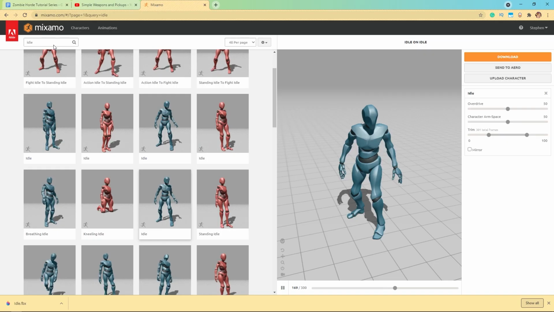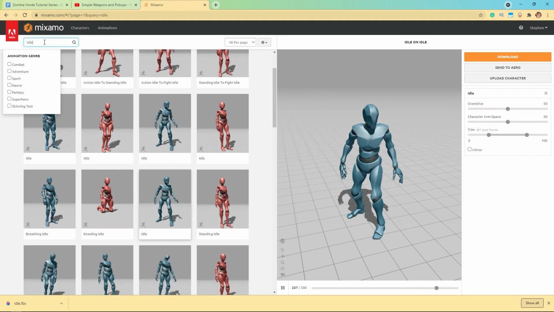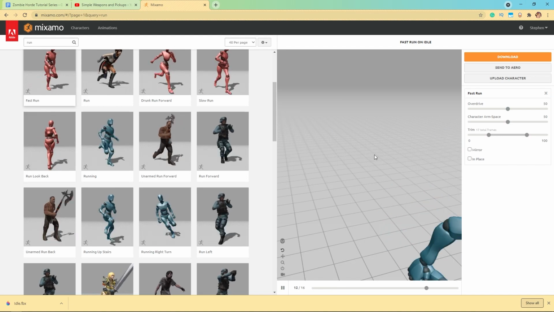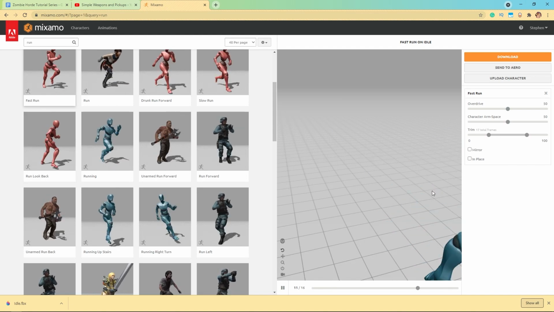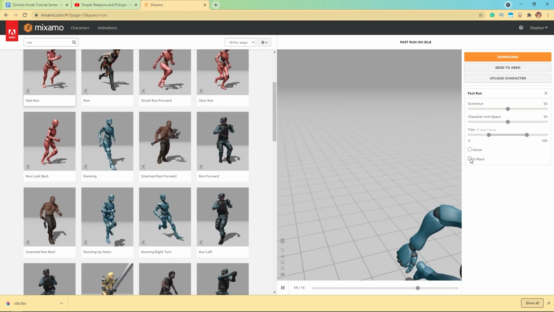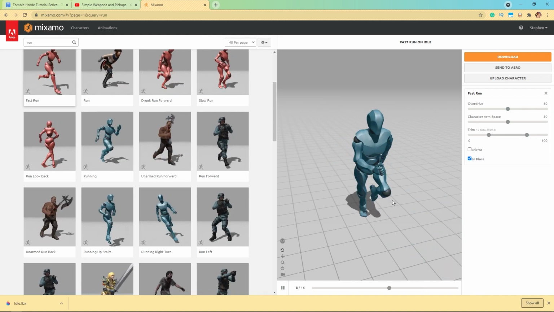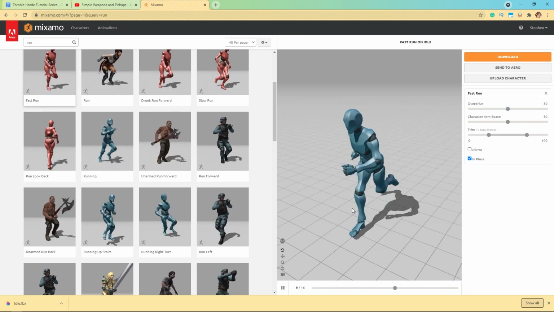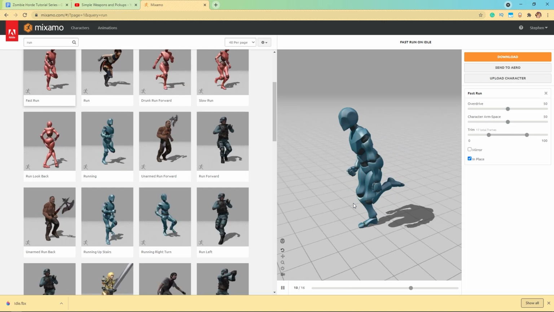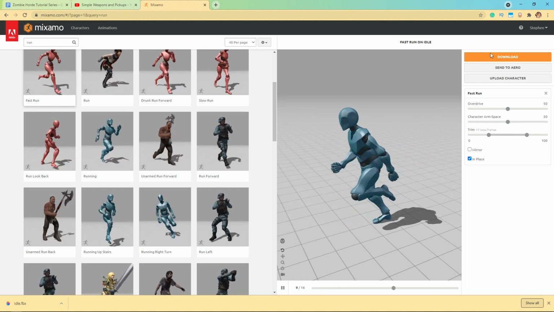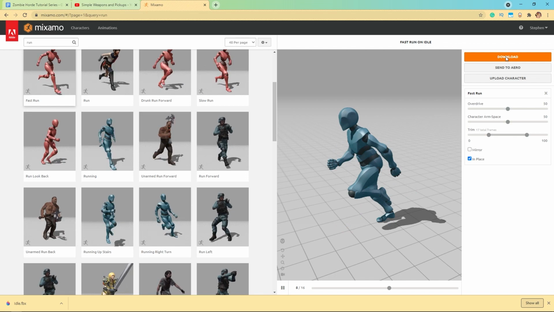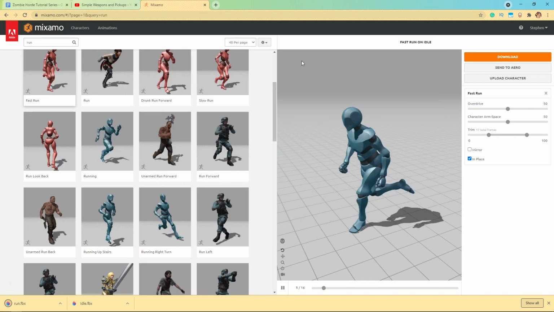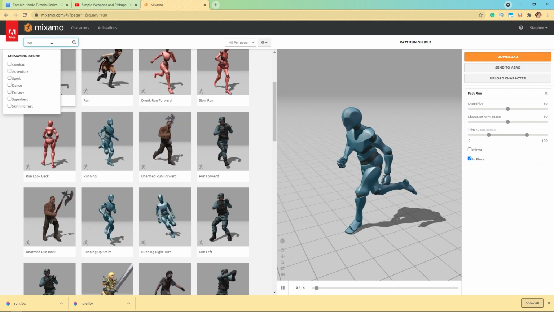All right, so I'm going to stop this. That's all working now. And back in Mixamo, I'm just going to come in and grab a run animation. This one looks pretty good, but you'll see that this animation actually has them running across the screen. So you can check this little box for in place, and the animation will keep playing, but now they're not actually moving through space, which lets us control that aspect when we're programming them. So I'm going to go ahead and download that one, saving that in the animations. I'm just going to call it run, with a lowercase r, and we'll get an attack